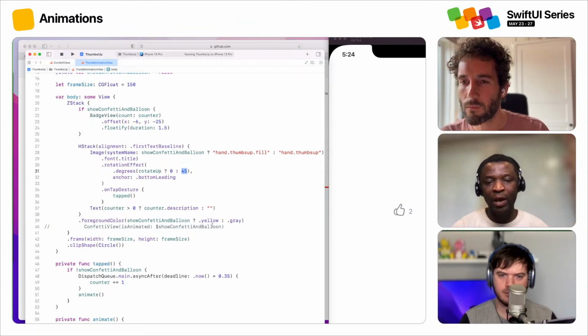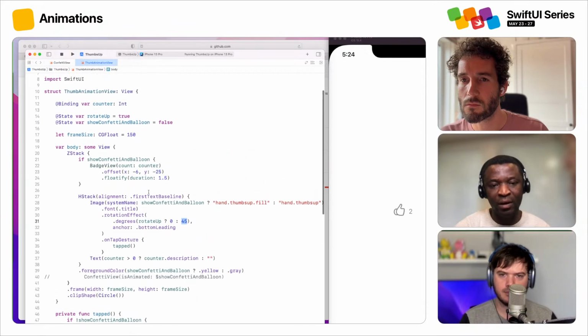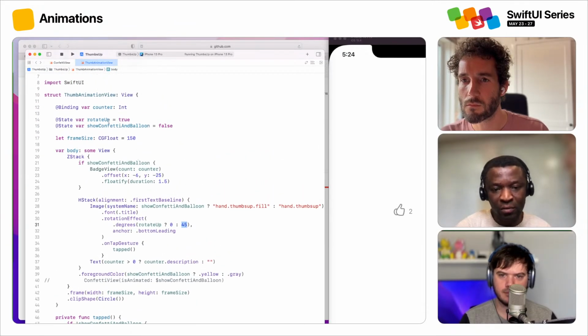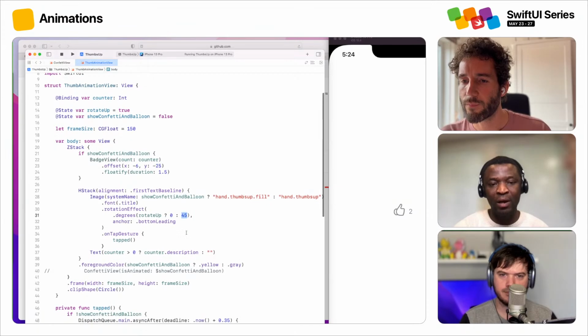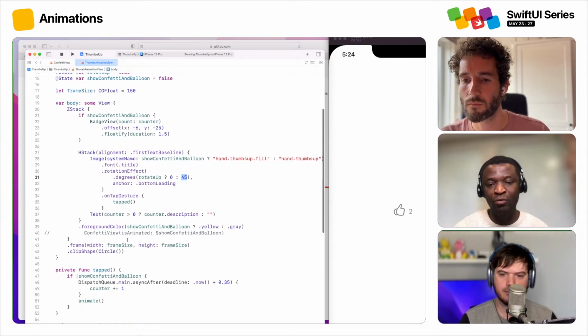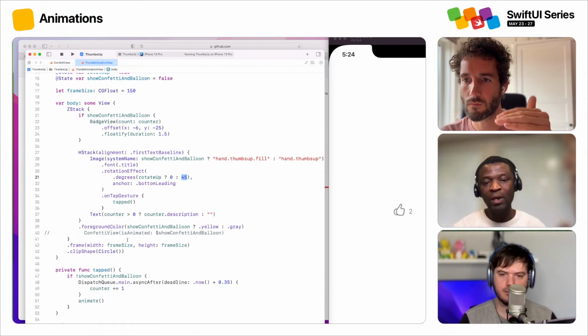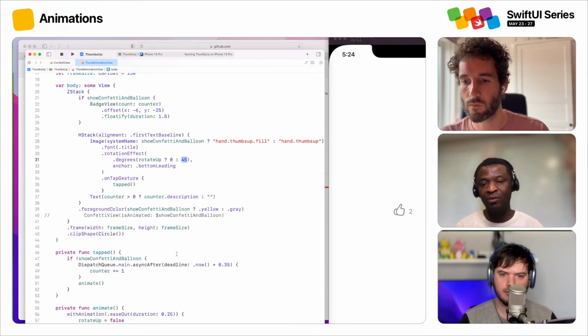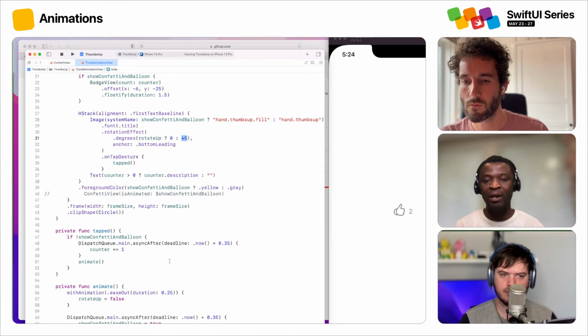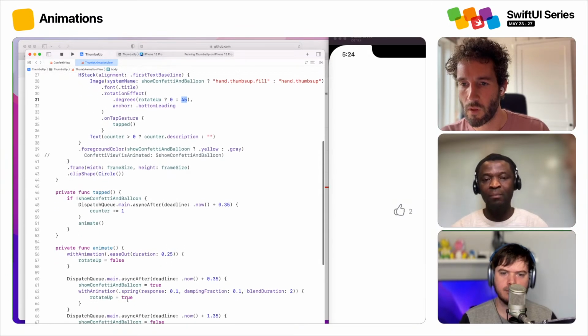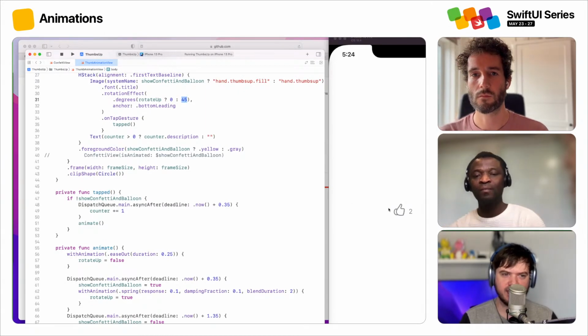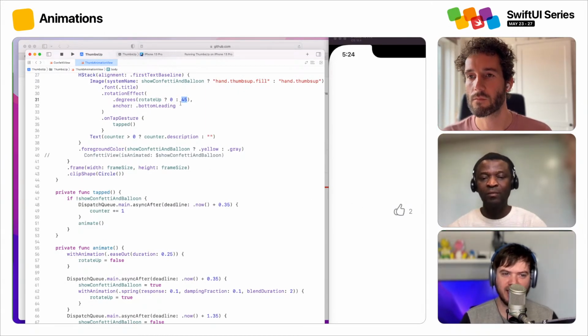Over here it is using a ternary conditional operation. If you go up, I think he's set it somewhere to be true or false. Let me see, rotate up. You can see they have just defined rotate up to be true. So when the condition is true, they rotate the thumb to an angle of 0, and when the condition is false, it is rotated at an angle of 45. So they start out rotated basically, but they undo that, and with the animation they undo it,